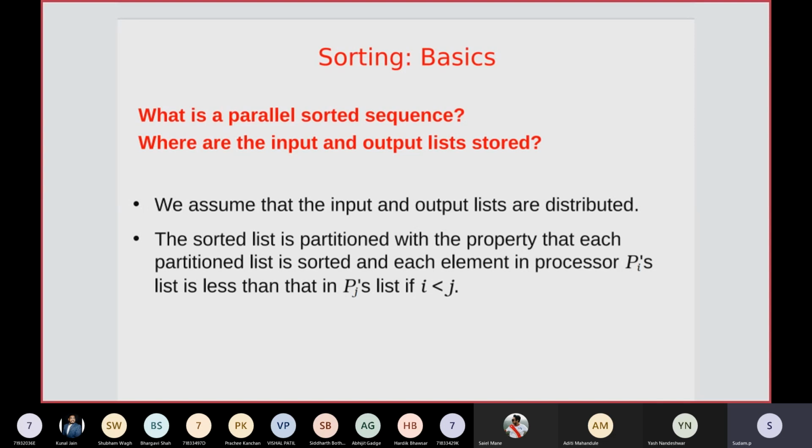So what will be the size of that input sequence or output sequence? You have to remember here, if there are 100 elements as input, you divide the 100 by the number of processing elements. For example, if n equals 100 and p equals 10, then n by p is 100 by 10. So 10 elements per processing element or processor will be there.